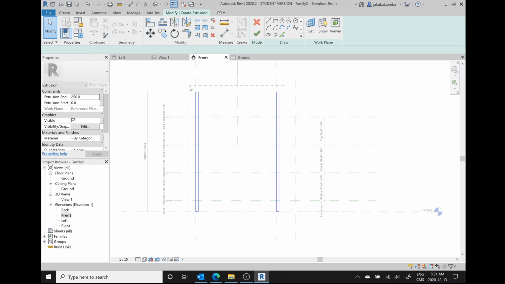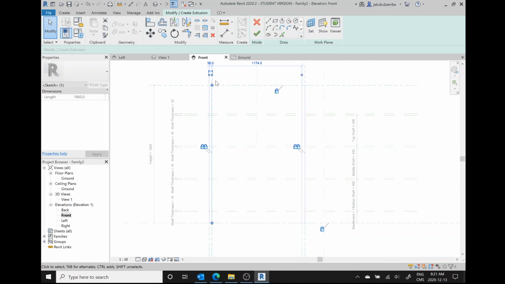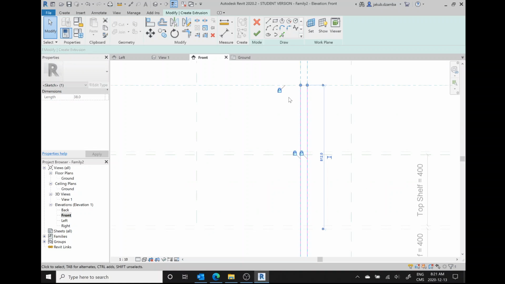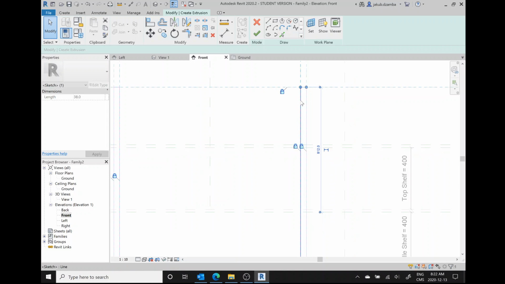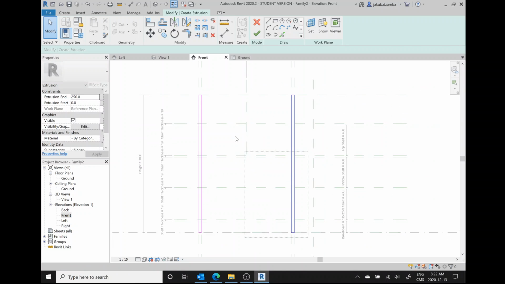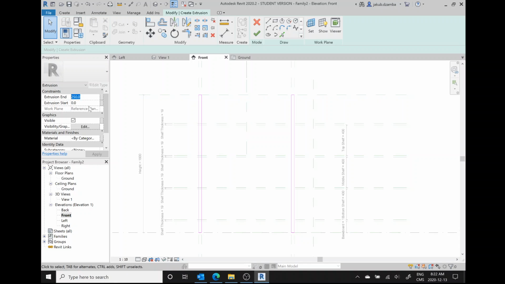Now the next thing I'm going to do is highlight this stuff. Nope, that didn't work. Okay, good. So these are all locked, which means that they've basically attached themselves to these reference lines, the reference planes that we set up. This one is also locked. So it looks like they've already stuck themselves to it. Now all we have to do is highlight everything and say, shoot, did I not set the depth? Oh, here we go. Start extrusion 0, end extrusion 450, because we want them 450 deep. Apply, check mark,